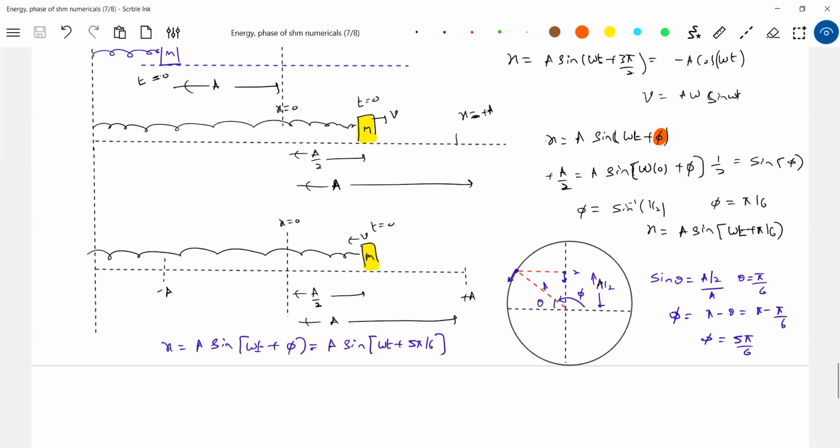Yes, no. If I don't have this phase concept, is it possible for us to express this motion? Not possible. We may, using language, say that the particle is at plus a by 2 moving away from the mean position, or the particle is at plus a by 2 moving towards the mean position. How moving away, moving towards, can you use this mathematically? Not possible. Now I can do mathematics.